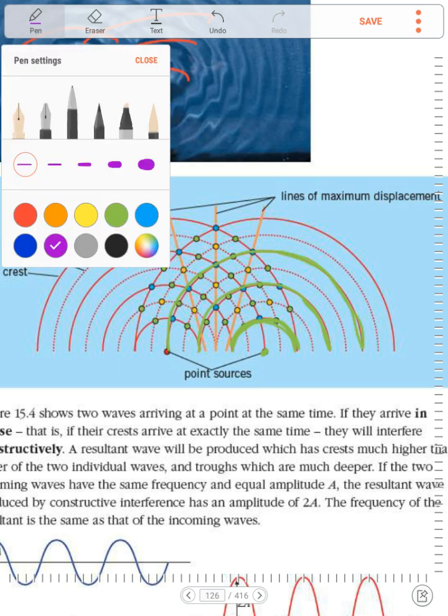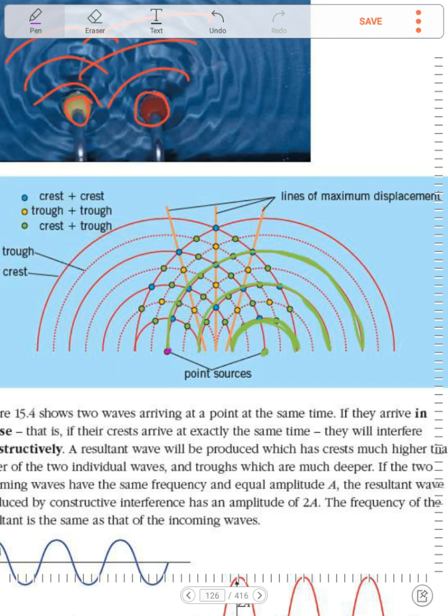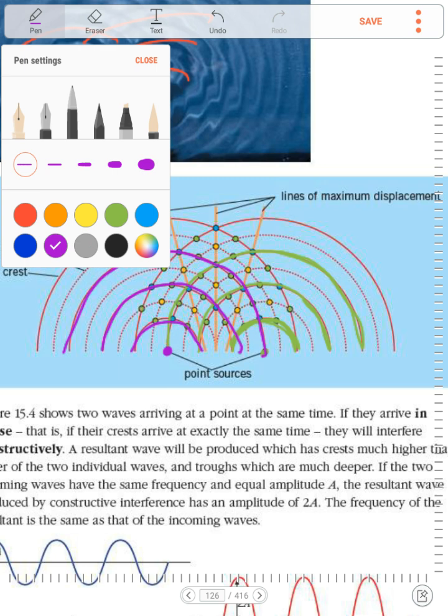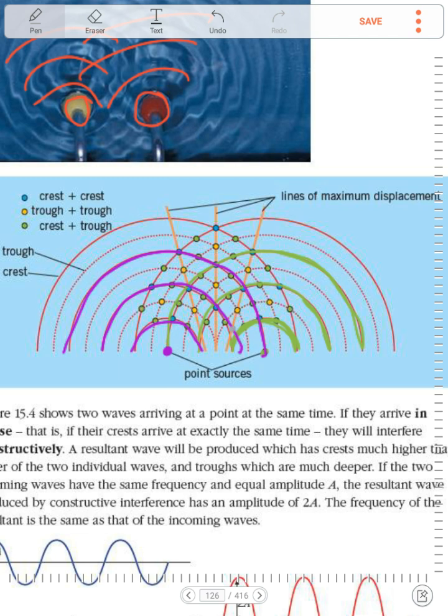Now let's take another color. We have, this is the second source, and this is wave number 1, and here wave number 2, and a third wave. Okay, now we see here that this point is an intersection, and this point, and here another intersection. So all of these points in this line,